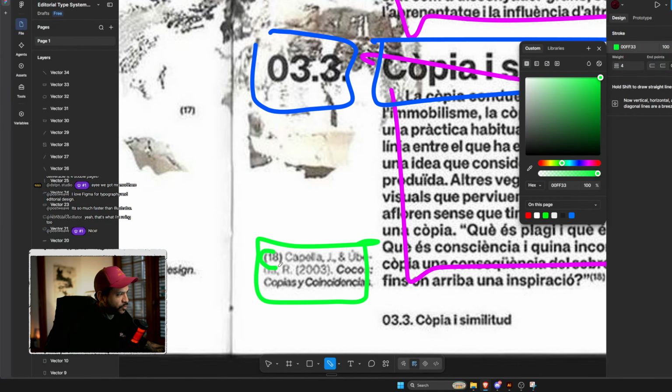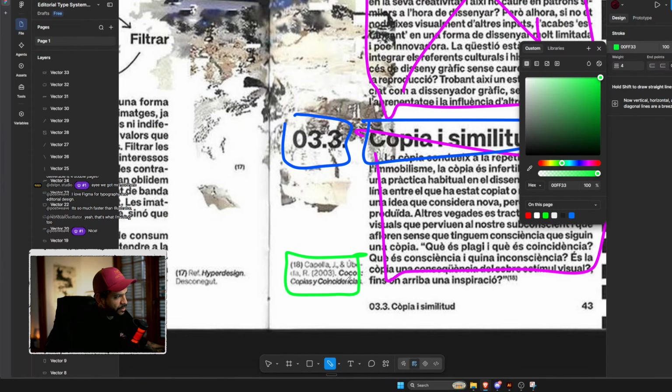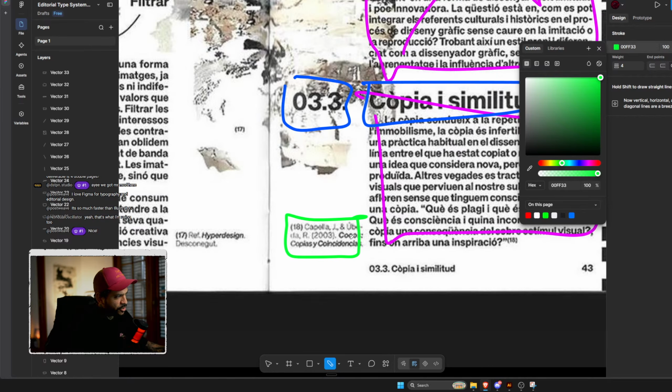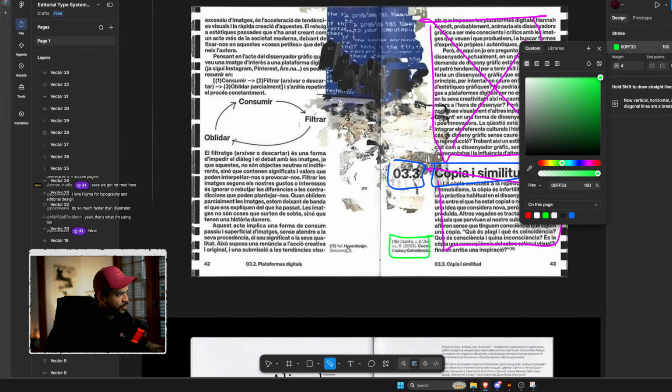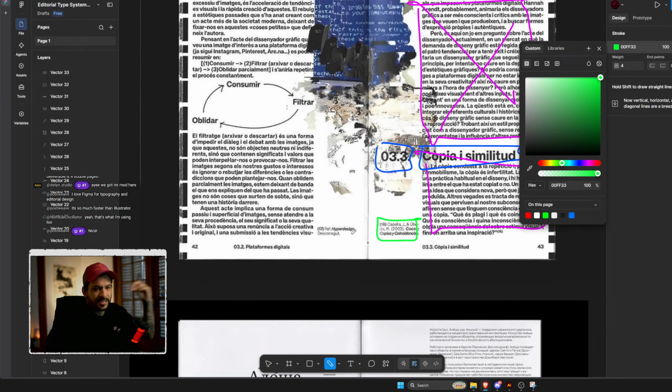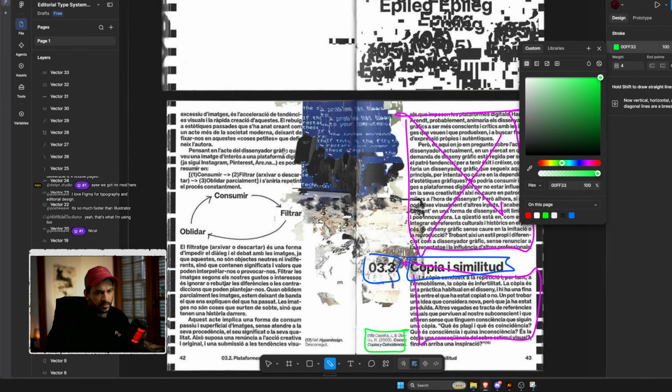So it starts with the number in bold, then it has a small description. I don't know what this is, a time and date, right? And then it has a small bold at the end that I don't know if it's a signature or something. So there is a formatting inside each of those hierarchy levels. You know what I mean?